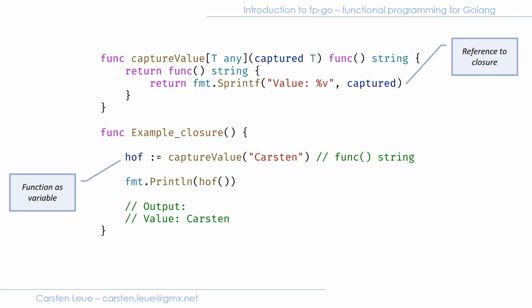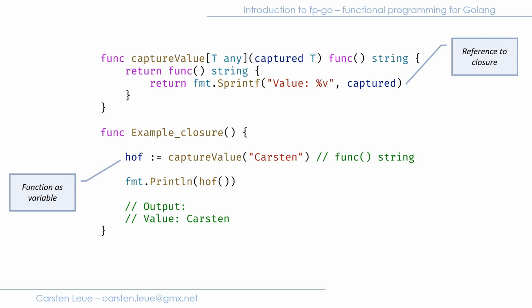And that's what I call a closure in this context, because the captured value does not flow into the parameterless function that is the return value. It flows into the function that generates the parameterless function. It's basically captured in that function and available as a closure. And in the example function, you can see how that would be used in practice.